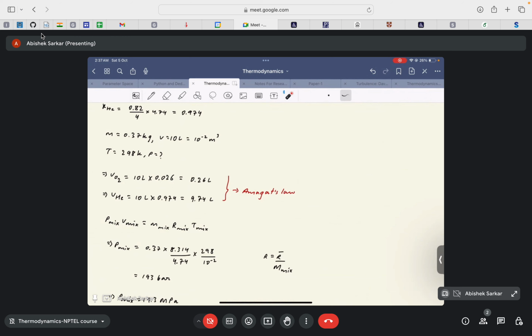I'm extremely sorry. Now this is actually the mass of the mixture, not the molecular mass, so it's small m. Okay, this is why I was being confused. PV is equal to m multiplied by R, where m is a small m. So it is the mass of the mixture. Now the mass of the mixture is basically the sum of the mass of oxygen and the mass of helium in the mixture. It's very simple. You just add up both the masses, and you get m mixture is 0.37 into R mix over V. So V is something that we take as a denominator. So we get R mix is 8.314 for